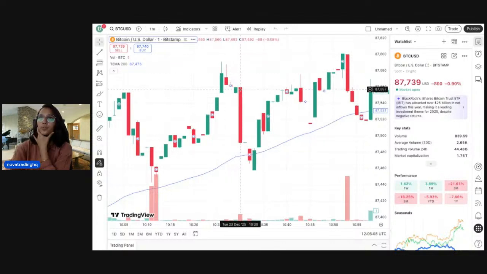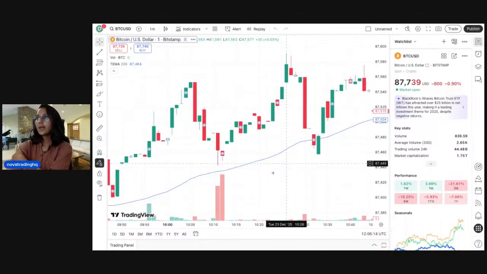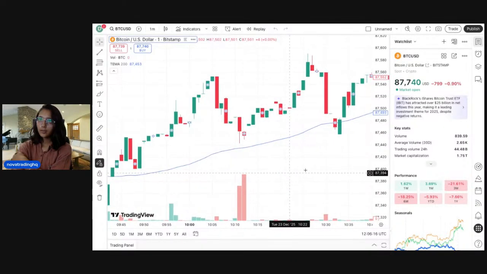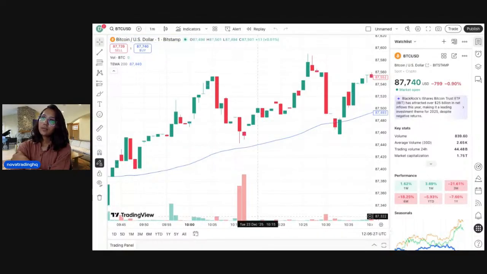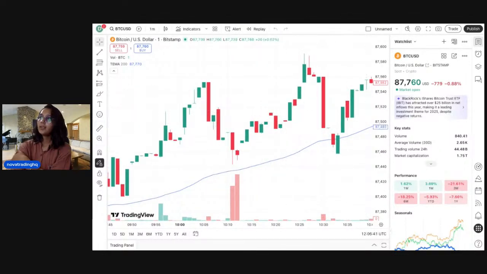Perfect. So currently Bitcoin is trading at 87,749. Okay. Right after this 10:15, there's this red candle with a very average body shape. There is probably no upper and no lower wick, right? So we can say that we are in a messy yet